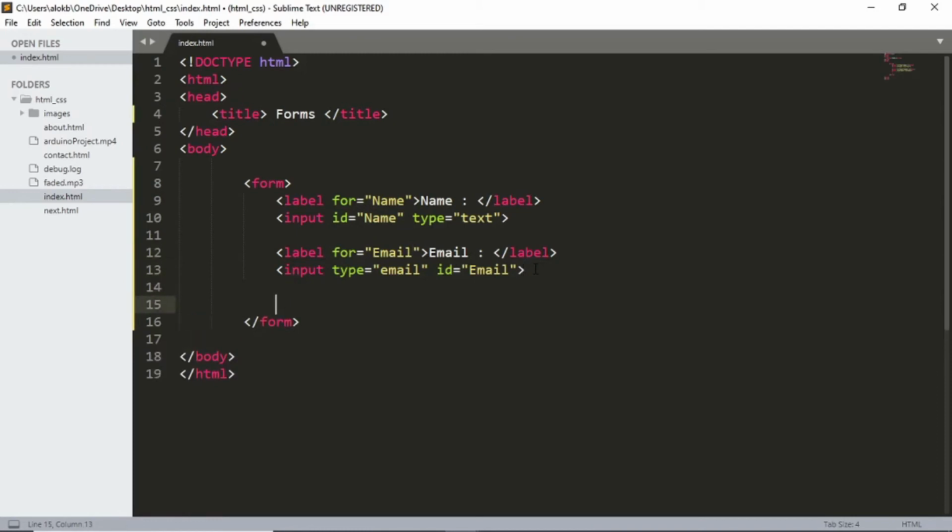And let's create a submit button. Now to create a button, we can simply type button. Since we will use this button to submit our form, we have to specify the type submit to this button. And now to label the text on the submit button, we can type here something like submit. Now if I save this and refresh my browser, we now have an email field and a button. And if I click on the label, it will automatically move my cursor to the email field.